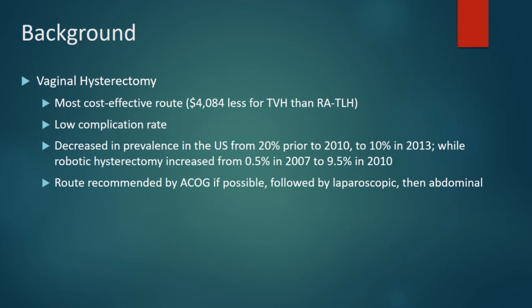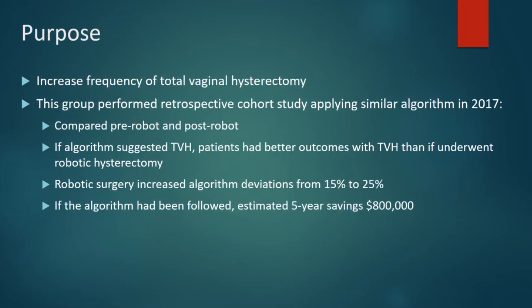Vaginal hysterectomy is the route still recommended in the committee opinion by ACOG, if possible, followed by other minimally invasive options, including laparoscopic and robotic-assisted hysterectomy, followed by total abdominal hysterectomy. Their purpose is to increase the frequency of total vaginal hysterectomies, and this was based off of the study that